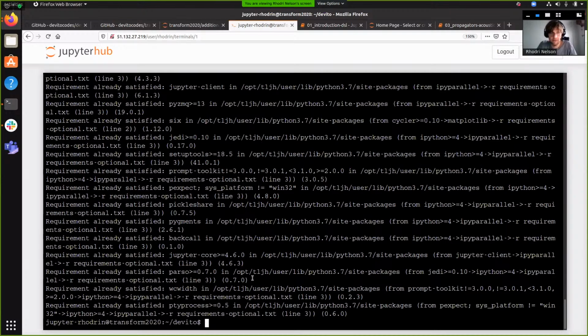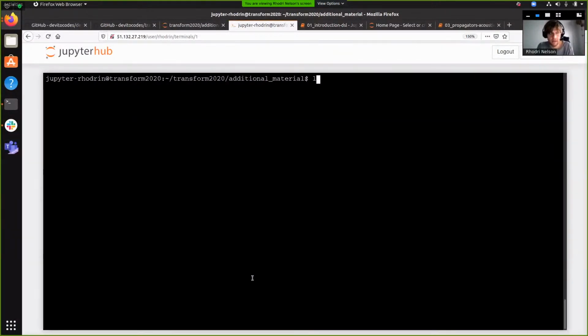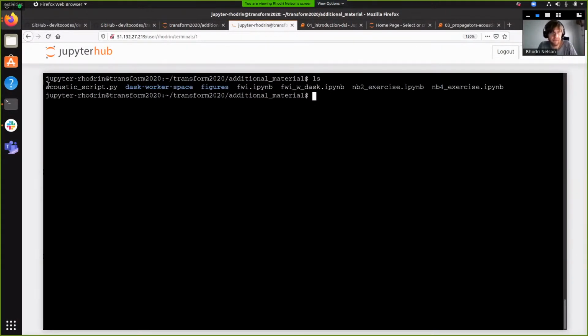But once you've installed all the optional packages, then Devito should be ready to work with MPI. So now if we navigate back to the repository and go into the additional materials directory, in there we can see we have this script, acoustic_script.py. First of all, let's just execute that in serial. So if we say python acoustic_script.py,